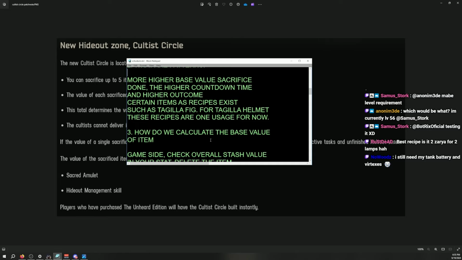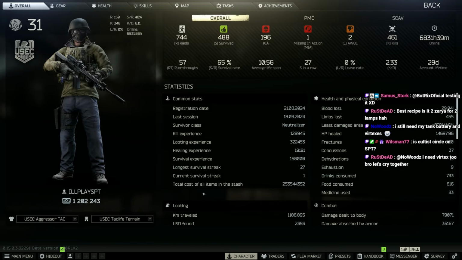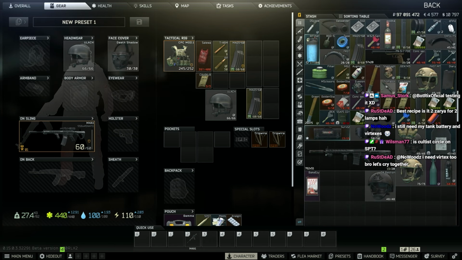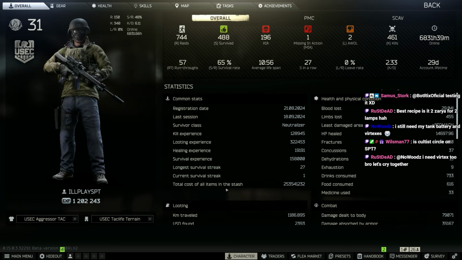Okay, and now we're gonna talk about the base value of items, because we are trying to figure out the threshold, and we figured out a couple of thresholds. We're still figuring out some thresholds, but anyways, to calculate the threshold, we need the base value of the items. The easiest way to find out in game is to go to overall, and it will show you the total cost of all items in the stash. Delete the item you want to know about, such as, I don't know, maybe a Trimadol, maybe croutons. Let's go with croutons. Delete that and go to overall, and your total cost of all items in the stash